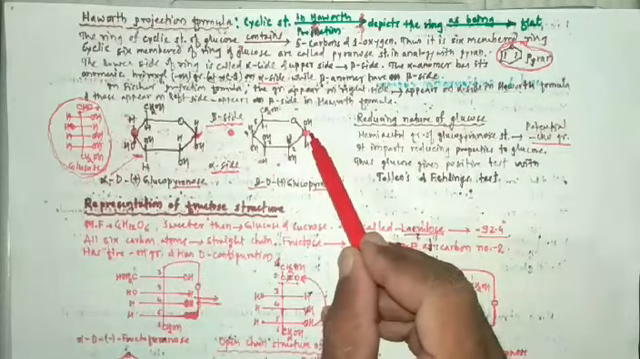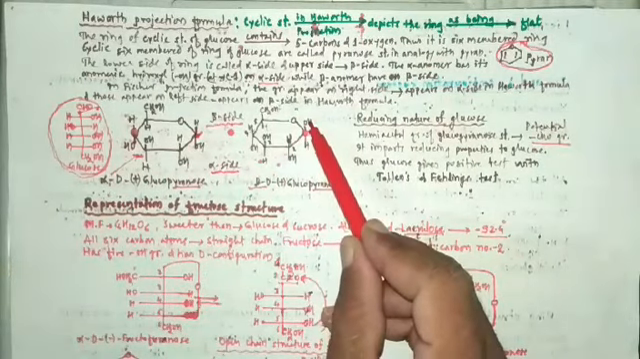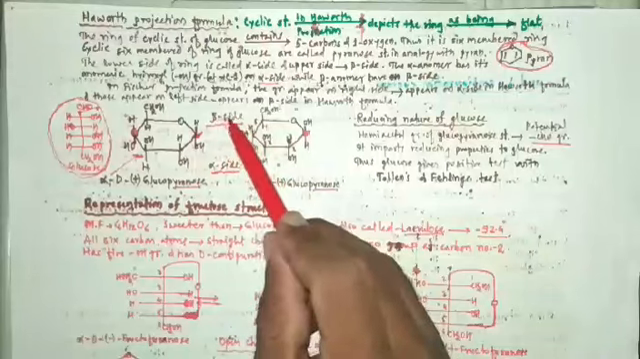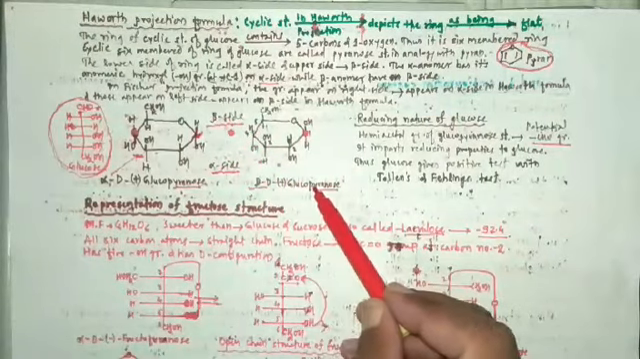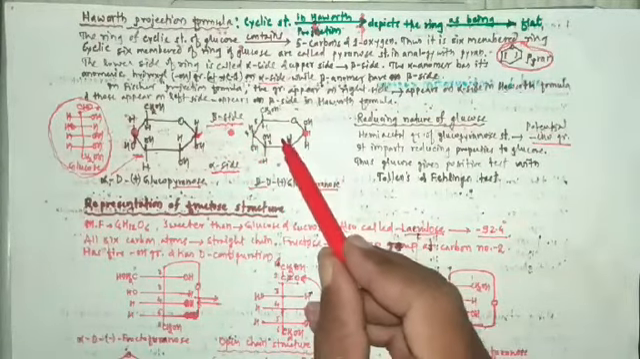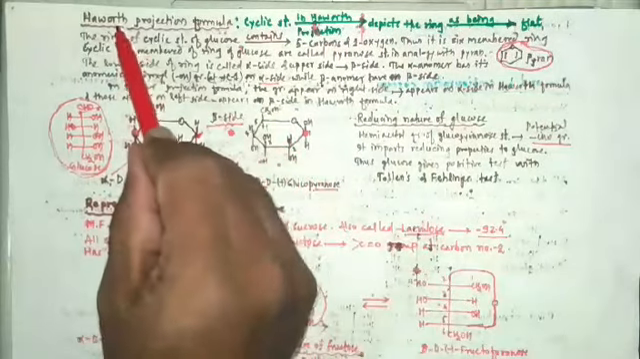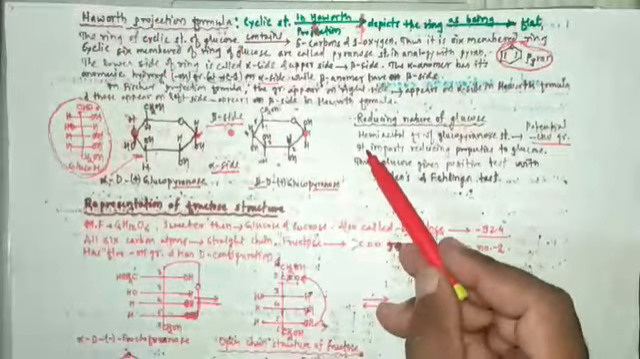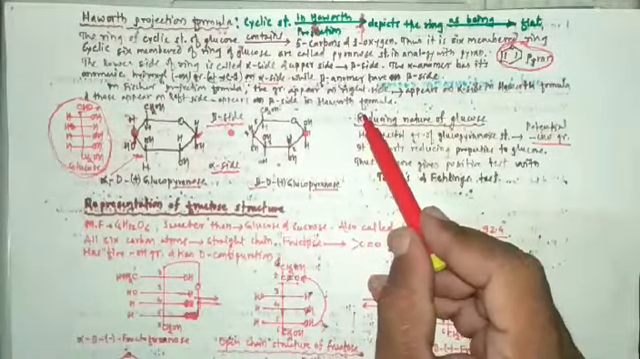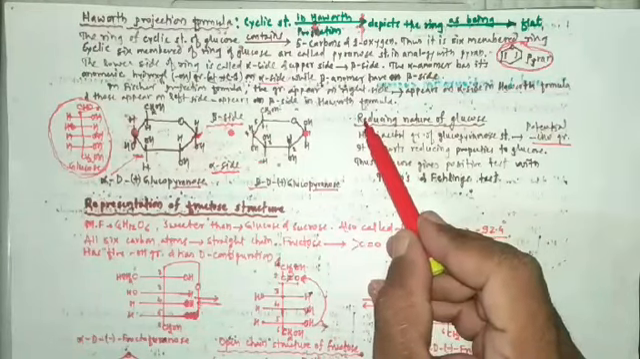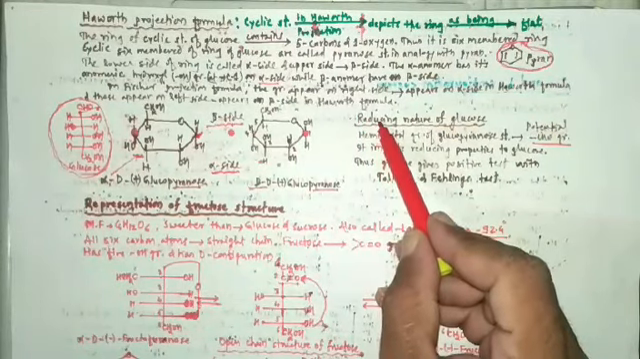In this compound, the hydroxyl group is present on the beta side. That's why it is the beta anomer. So in such a way we can represent the Haworth projection formula. After studying the Haworth projection formula in detail, now we are going to study the next article, that is the reducing